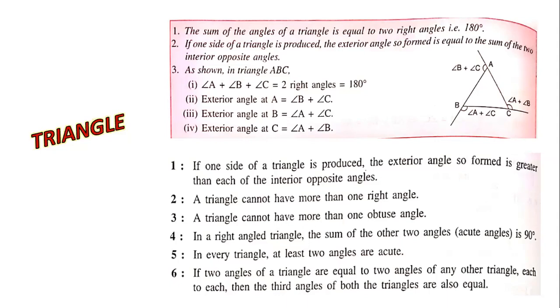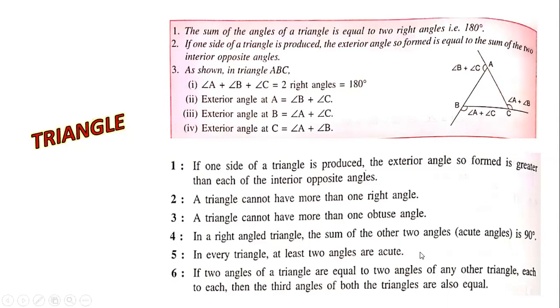But now you have to clear your things regarding these, that what is right angle, what is obtuse, what is acute angles. So a right angle is of measure 90 degrees. And don't forget, you can't draw two 90 degree angles in a single triangle, because a triangle cannot have more than one right angle. A triangle cannot have more than one obtuse angle: 91 degrees, 92 degrees, 93 degrees, and so on. And if a triangle is a right angle triangle in which already one angle is of 90-degree measure, then the sum of the other two angles must be 90 degrees.